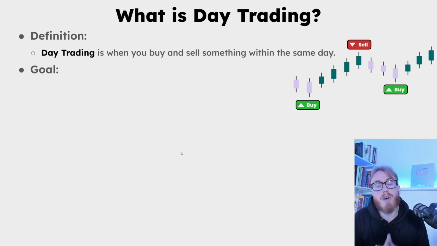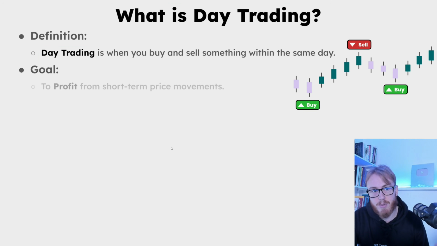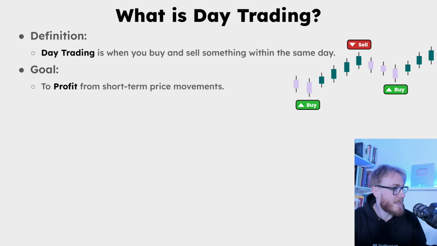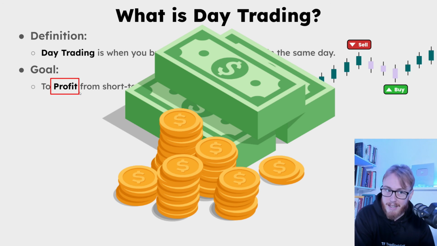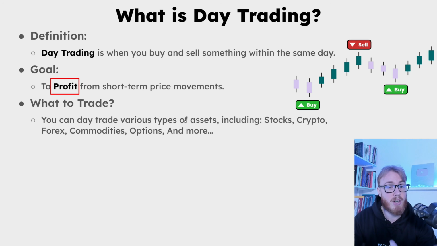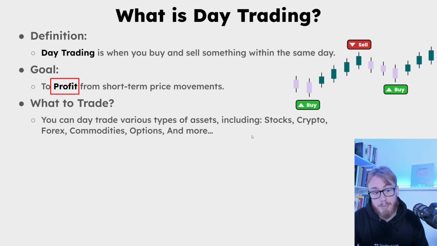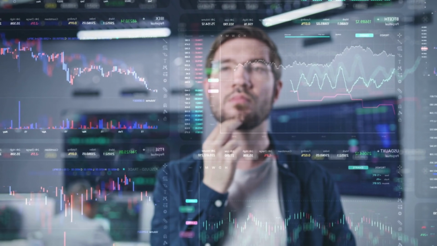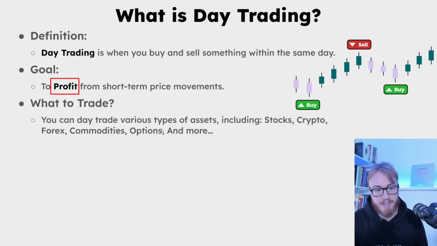But now then, what is the goal of day traders? Well, the goal is pretty simple here. The goal is to profit, or in other words, make money from short-term price movements. And what can we trade as day traders? Well, we have already been talking a bit about this, but you can day trade multiple different assets, including stocks, crypto, forex, but also commodities, options, and more. So as a day trader, you have so many options on markets to trade, and that's one thing I really like